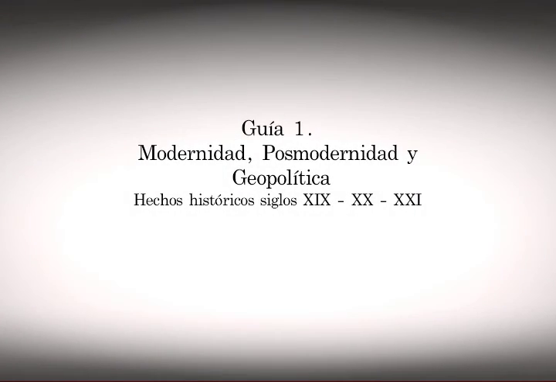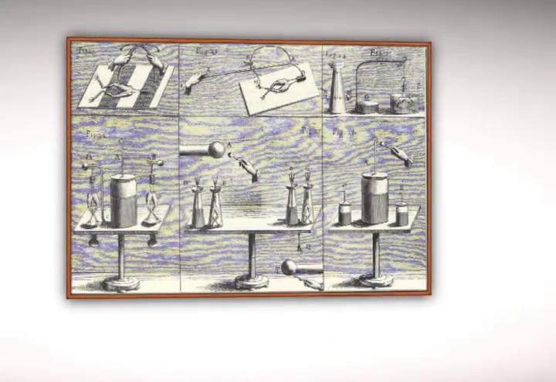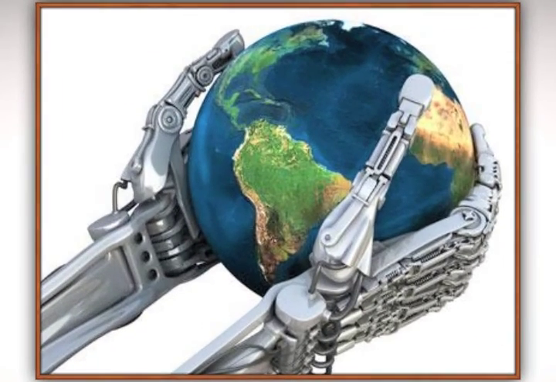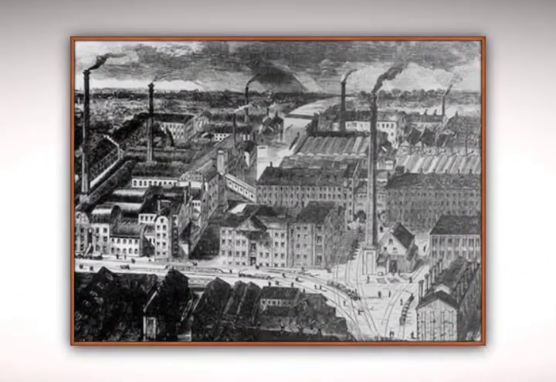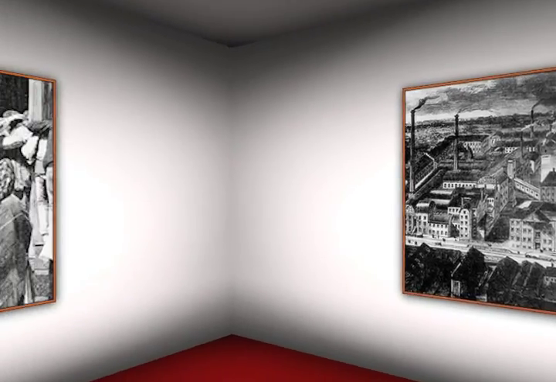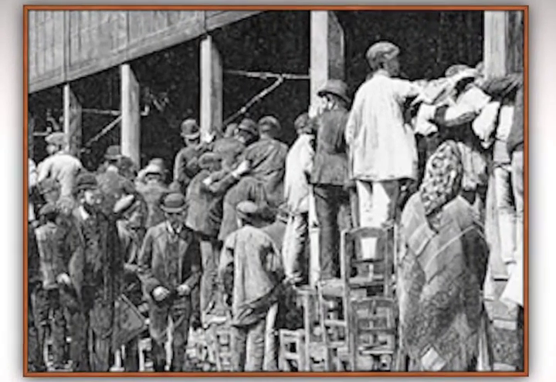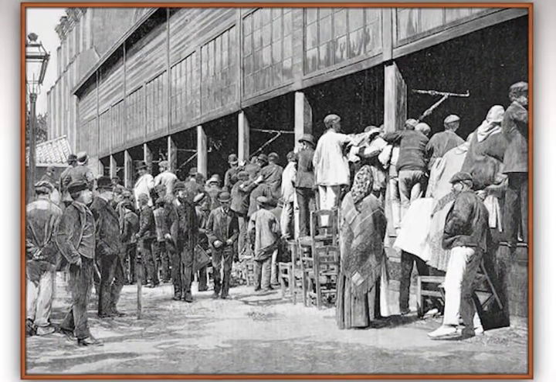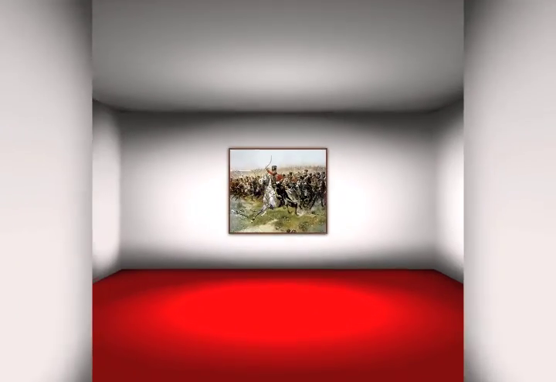Now we will talk about the most important geopolitical, scientific, and artistic facts of the 19th, 20th, and 21st centuries. The 19th century is characterized by the great changes in science and economy, the completion of the first industrial revolution, ideas of bourgeois, imperialist, and the other side of the workers' movement. They gave rise to the main events of the century.